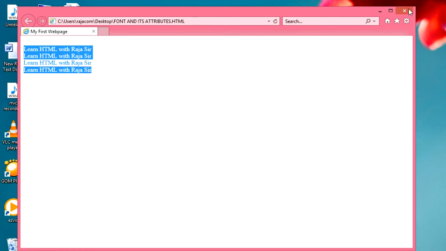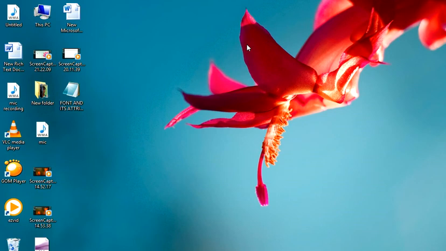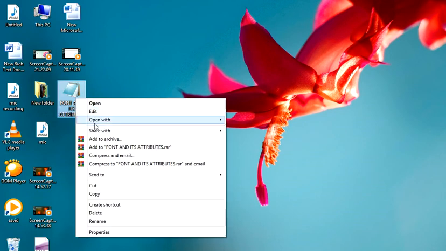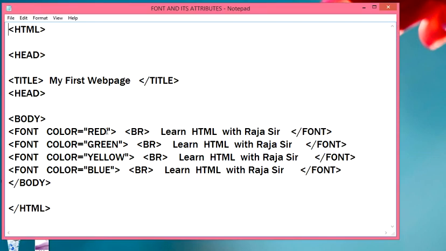Okay students, so once again I am going to show you another coding, of size. Open it with notepad, and just here where you have written color equal red, put a comma, make a space and write down another attribute which is size.